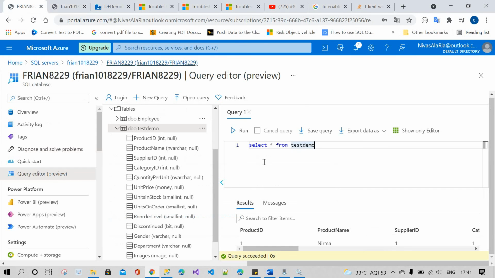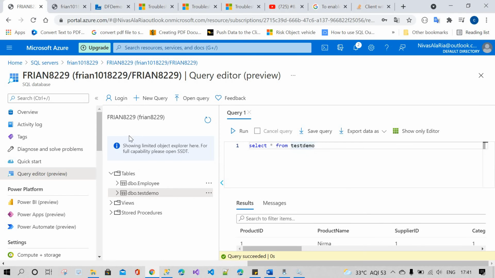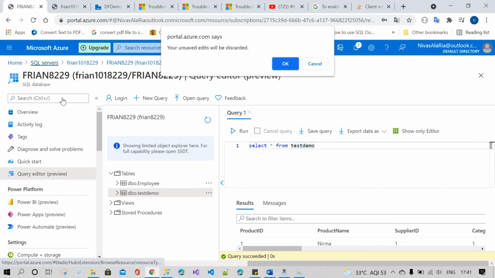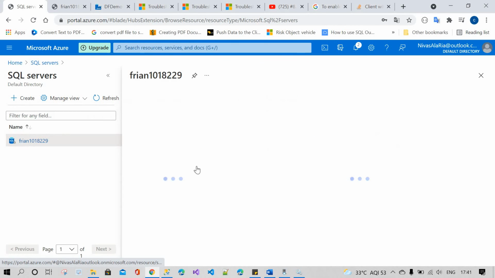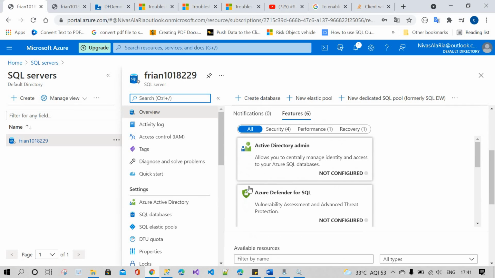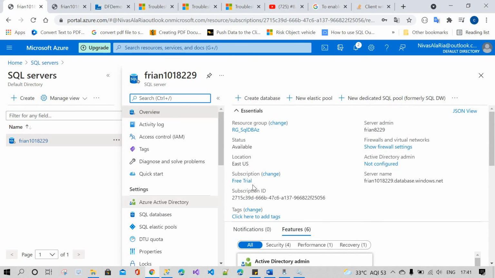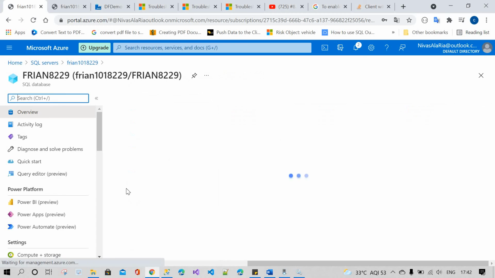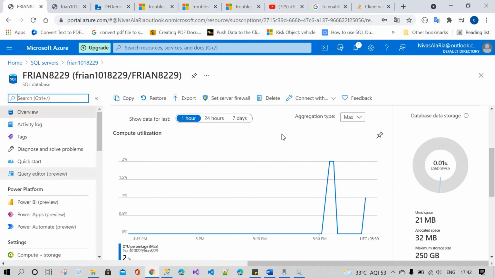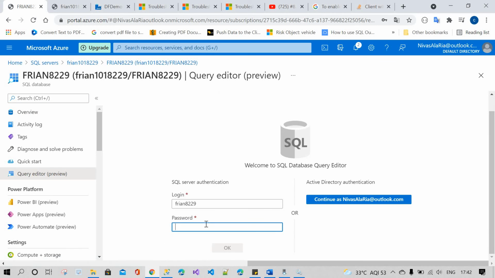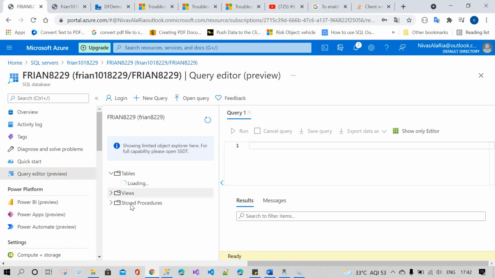Now we will check whether the data exists in the Azure SQL database. This is the Azure SQL server. In the SQL server, search for the Azure SQL database. This is our SQL database; go to the query editor and query the table.